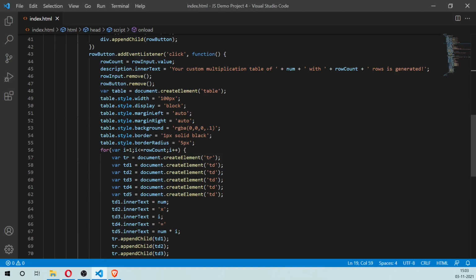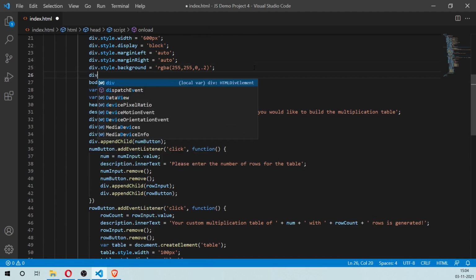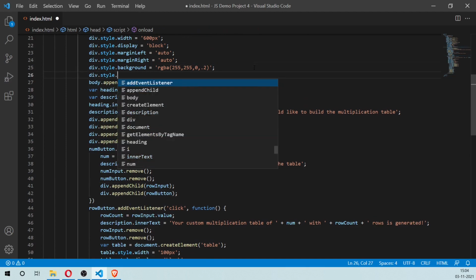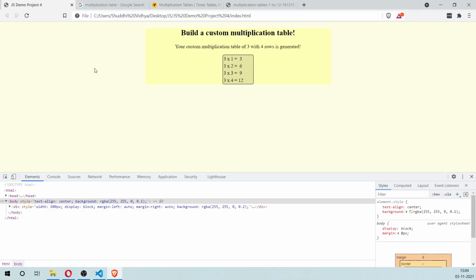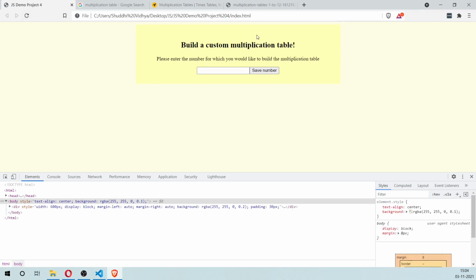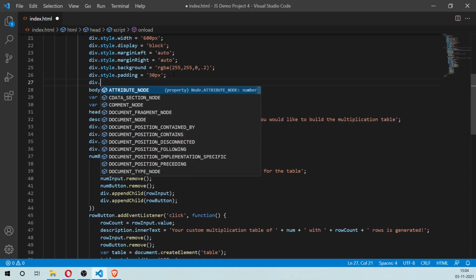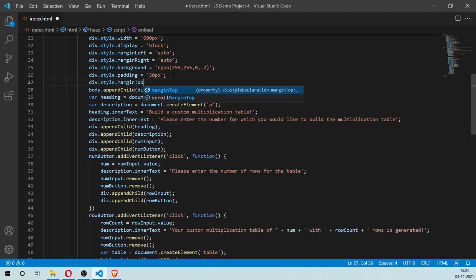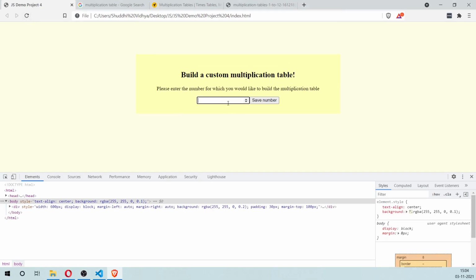I can also add some padding to the div. So this way there's some space around the div, and also we can add a margin top. Okay, so there we go.